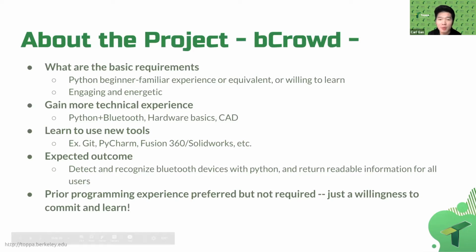So what is bCrowd? The bCrowd project aims to collect the number of Bluetooth devices and information to figure out how crowded an area is. The data will be collected anonymously and there will be few privacy concerns. This project will first aim at cafeterias so that students can see how crowded a cafeteria is before actually arriving there. This can save them a lot of time by not queuing up in a long line outside or inside the cafeteria, and they can decide where to go as soon as possible.